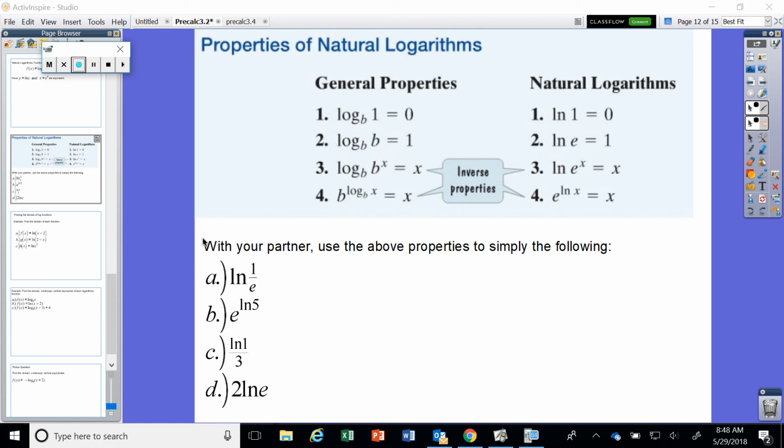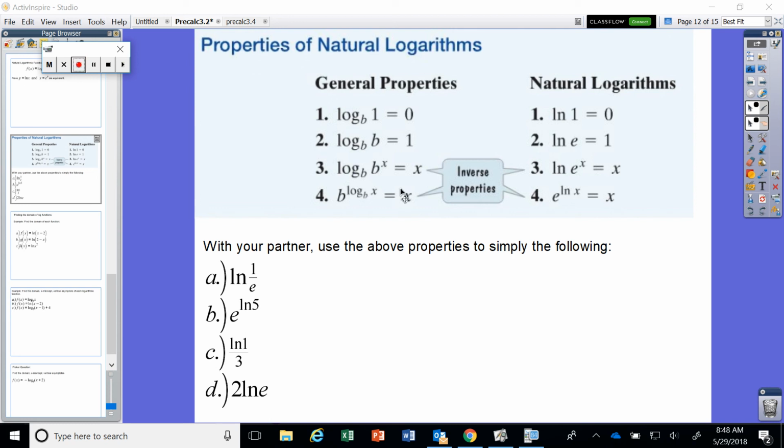Now, the ones on the left-hand side, these are not new to us, folks. These are things that we have talked about already. But what changes on the right-hand side is that now we take into account what happens for the natural logs. So remember, the natural log of 1 equals 0, right? It only makes sense because it's a natural log of base e. Well, that means the natural log of e is going to end up being 1. And then the natural log of e to the x is just going to equal whatever exponent is in there. It's going to equal x in this case, because remember,